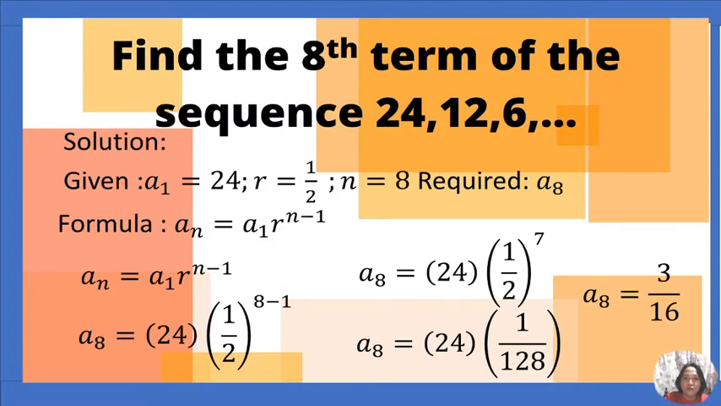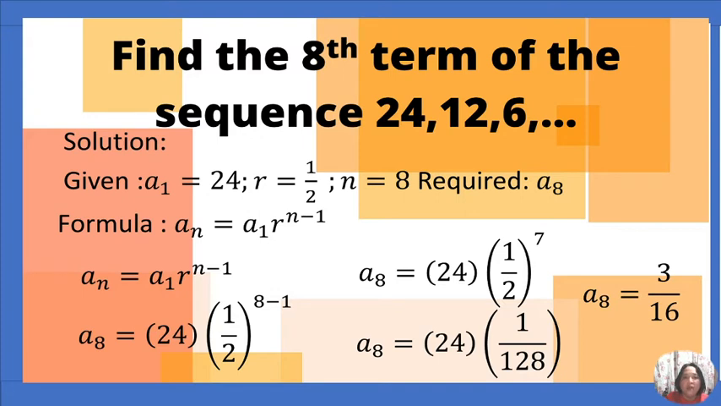Find the 8th term of the sequence 24, 12, 6. So given on the problem, the first term is 24. Common ratio is 1/2. 12 divided by 24, 6 divided by 12 is 1/2. You are required to find the 8th term, so there will be 8 terms on the sequence when it's generated. And then the formula to be used is a sub n equals a sub 1 times ratio raised to n